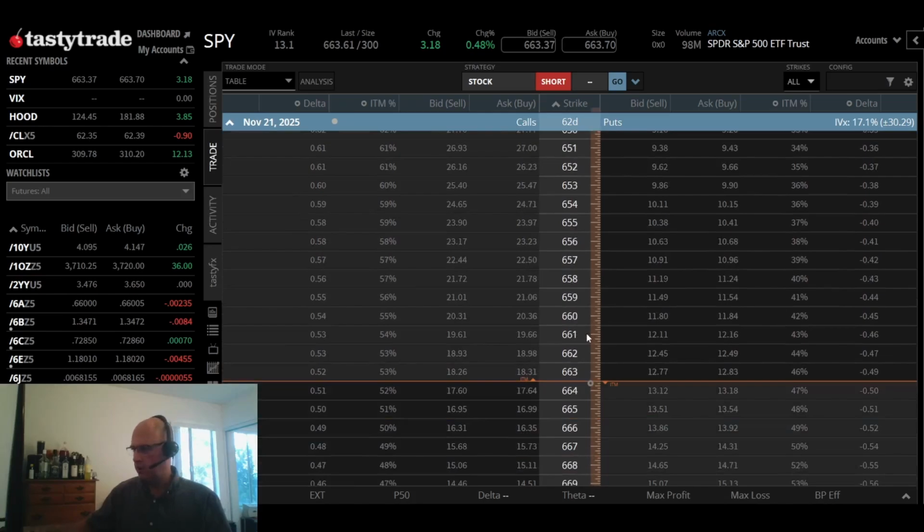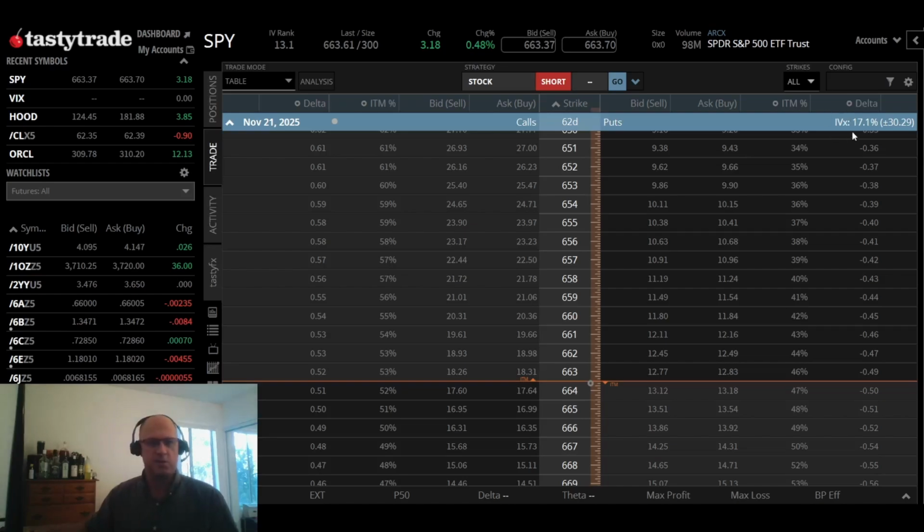So here we are in our trading platform, and most trading platforms nowadays will show you the one standard deviation and two standard deviation lines on your screen here. I'm in the November option cycle for 2025. I'm recording this on September 20th, 2025. There are 62 days till expiration here, and Tasty will actually give you the IV for this given option series here. So it's about